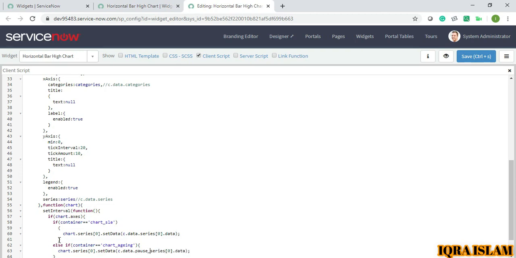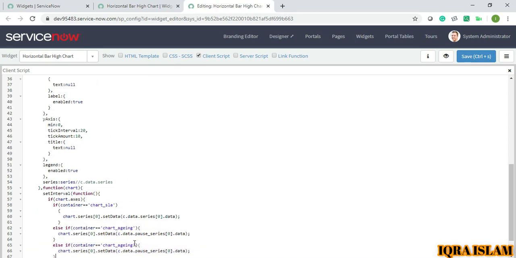Now the same thing I will just copy and paste it here. So instead of chart aging I will give chart SLA remaining, and chart SLA series. Instead of pause series it will be SLA series.